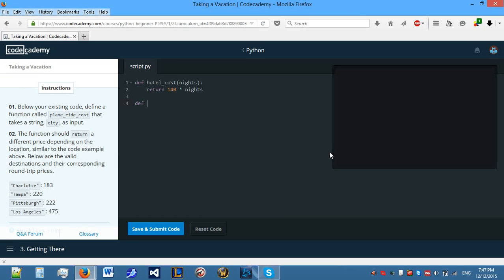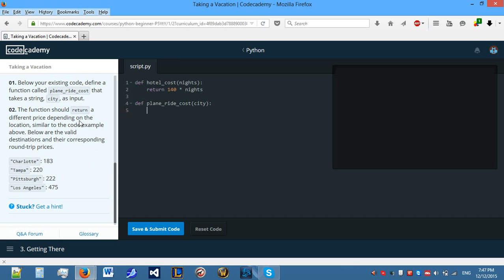Let's define a function called plane ride cost, which takes an argument called city, and the function should return a different price depending on the location, similar to the code example above. So if you want to go to Charlotte, if city equals Charlotte, oops, misspelled that, then